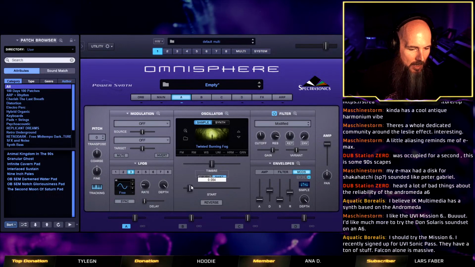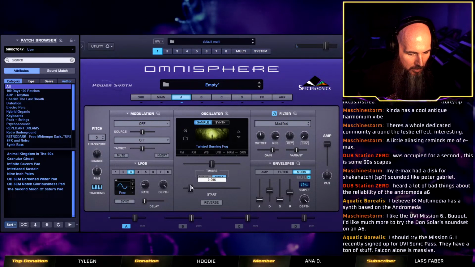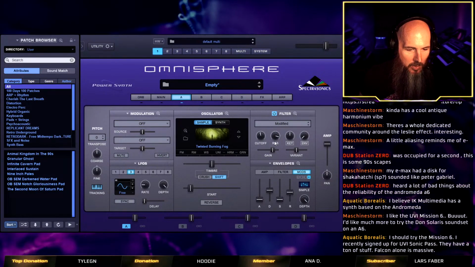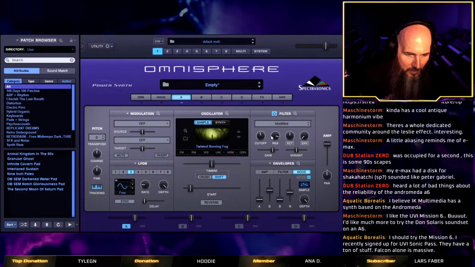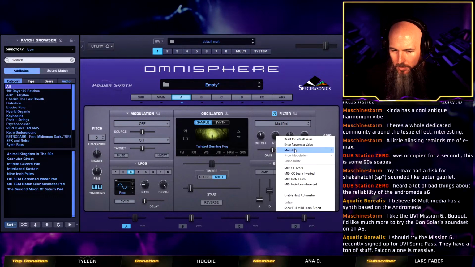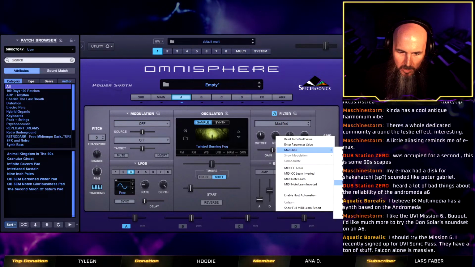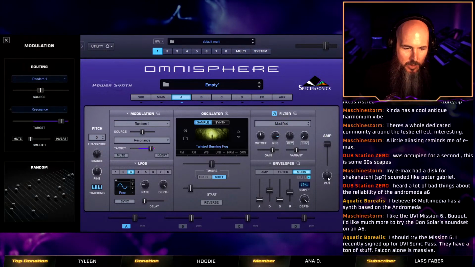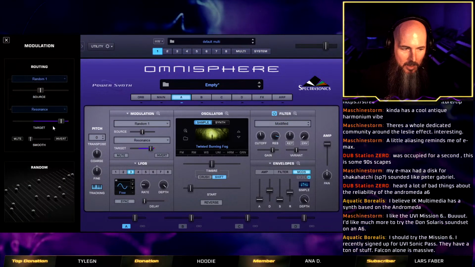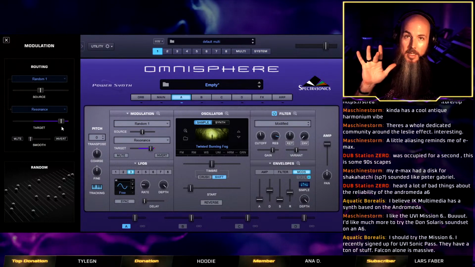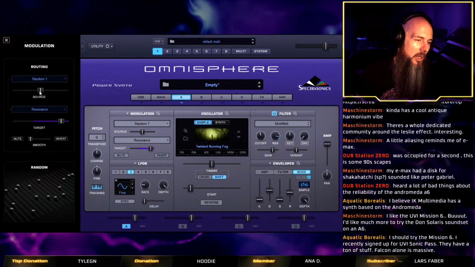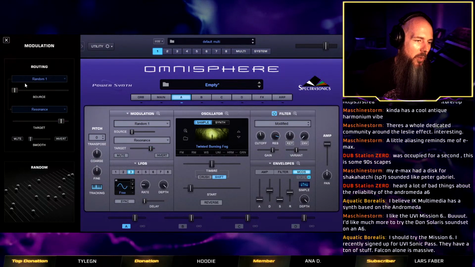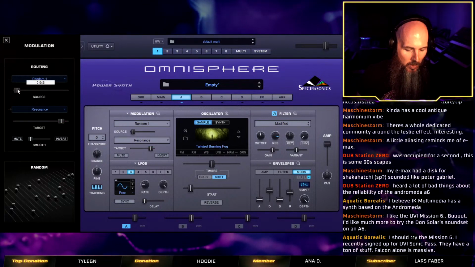Again, I'm going to bring the sample start forward just a bit so we really have that sound immediately. And then I'm going to right-click resonance and modulate with randomize. So this is interesting. Now every time I hit the key, we're going to get a different resonance amount. But it'll be better if I bring the randomness down, so it's just a little bit. So on one key,